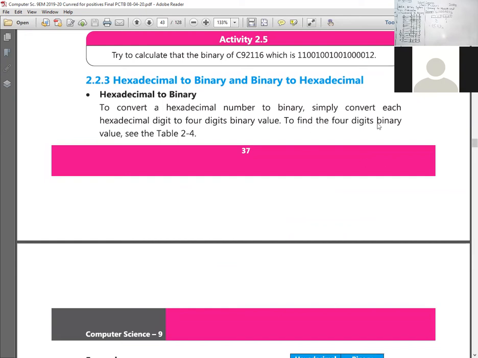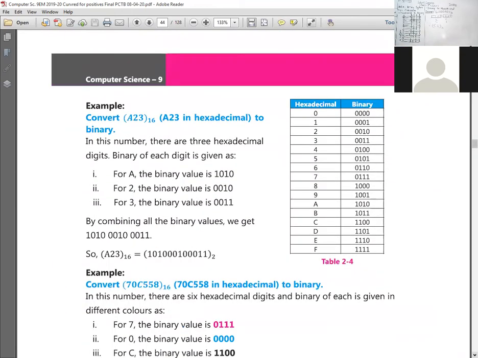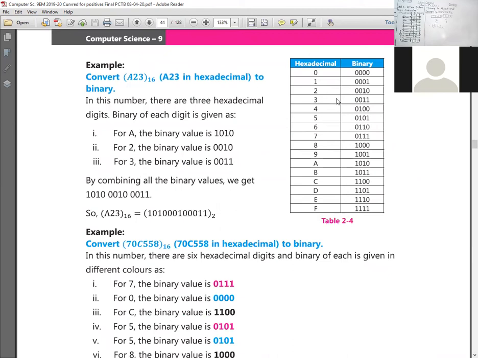We have done the 2 questions from hexadecimal to binary, and these are the examples which are present in your book as well. Here you can see, and this is the table which I have done on the board. If you have any difficulty, you can take it from here, or you can take a screenshot of the board as well.